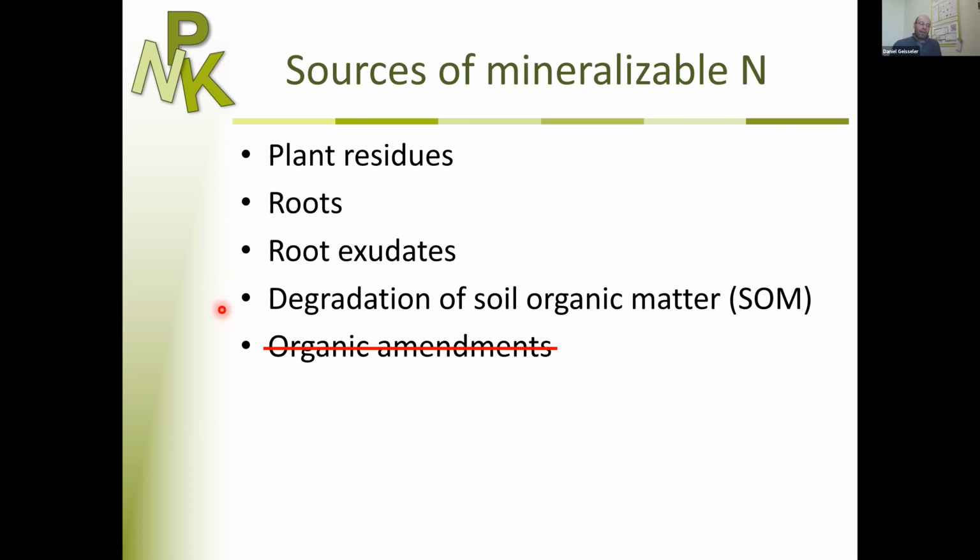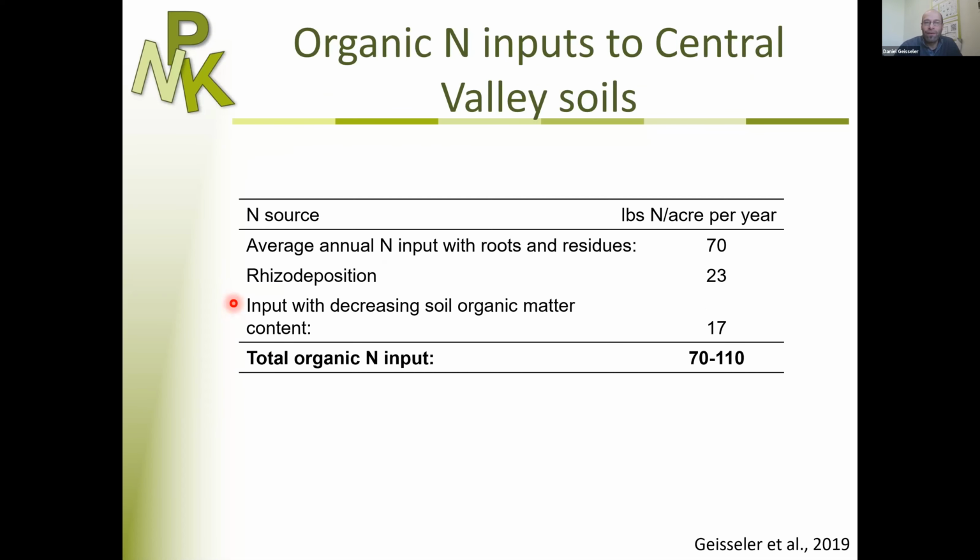And our hypothesis was that the input needs to equal output in the long term, especially when we take changes in soil organic matter content into account. And output is really output of organic forms of nitrogen in the system. That's really mainly nitrogen mineralization. So what we found is for the crop mix we had at the site, that on average about 70 pounds per acre are returned in the form of residue, 70 pounds of nitrogen per acre.